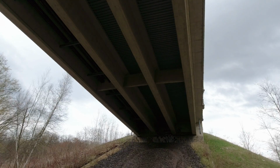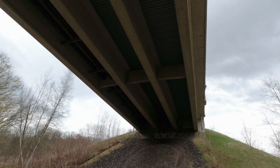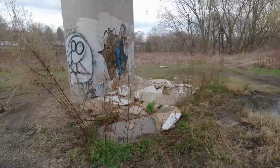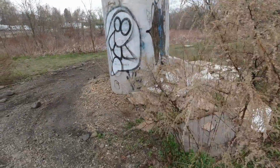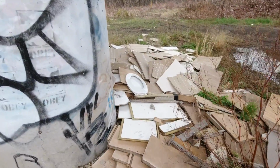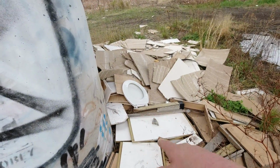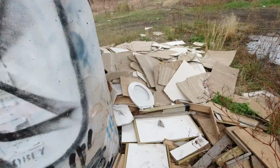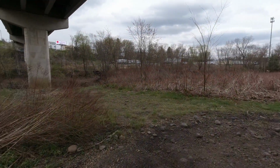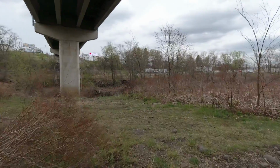So here we are, right where the trolls live, under the bridge. It is another dumping spot, but something that is salvageable out of all this. Toilet seat. Could plop that on a bucket and be right at home. Wind's picking up,